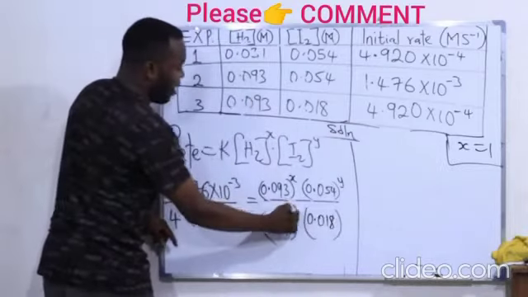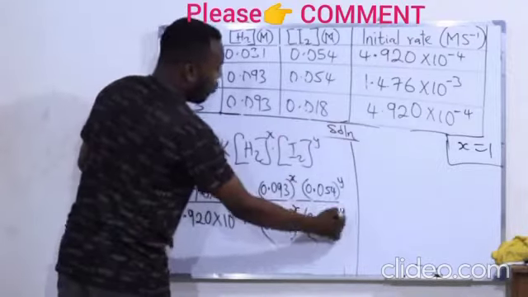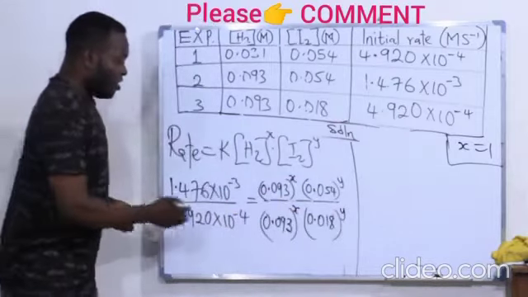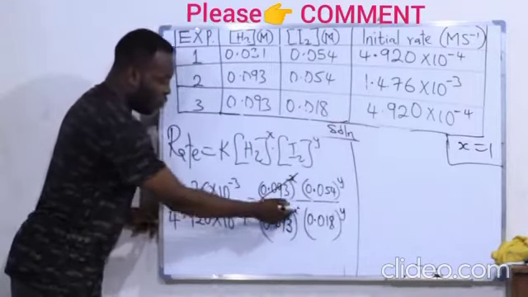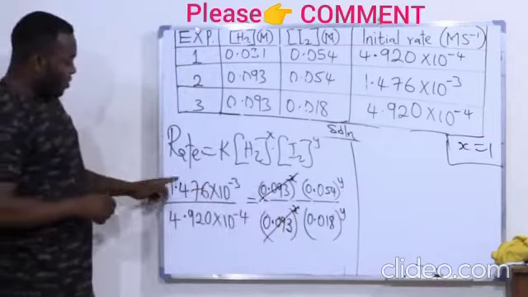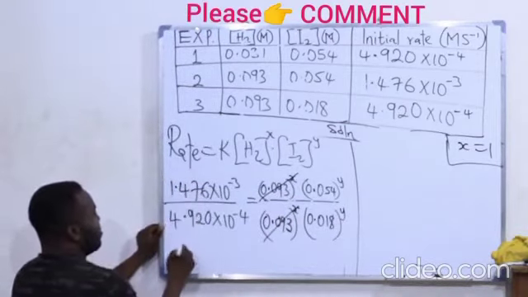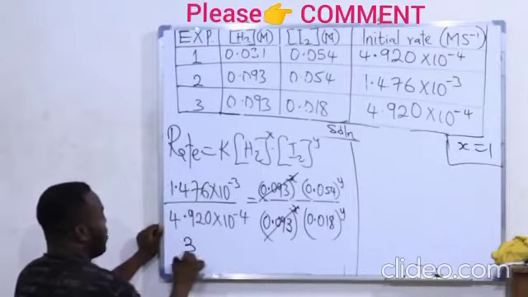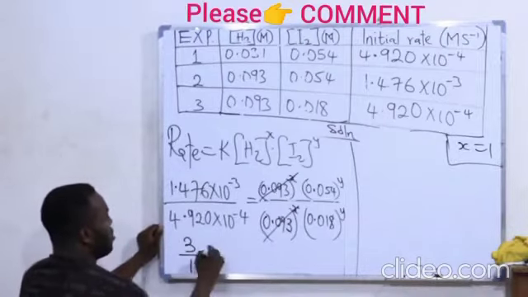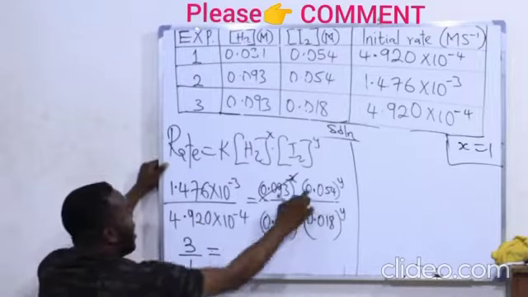Hydrogen has power of x, iodine has power of y. As you can see here, the x will cancel out because they are equal. And I have this over this, which will give me, if I divide this by this, 3 all over 1. That's what it will give me. Equal to, I have